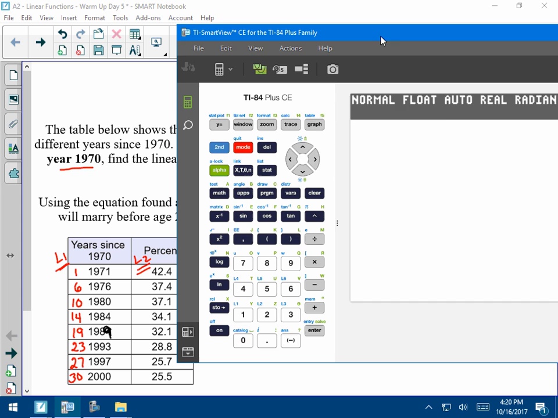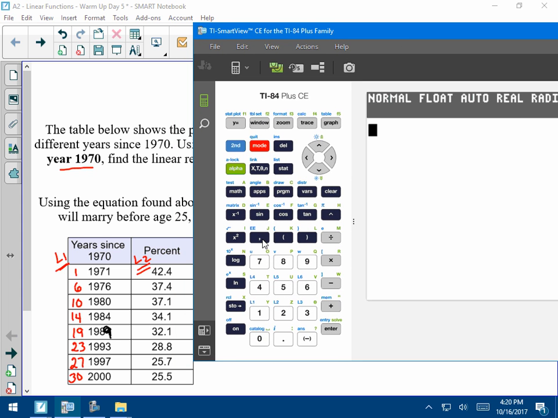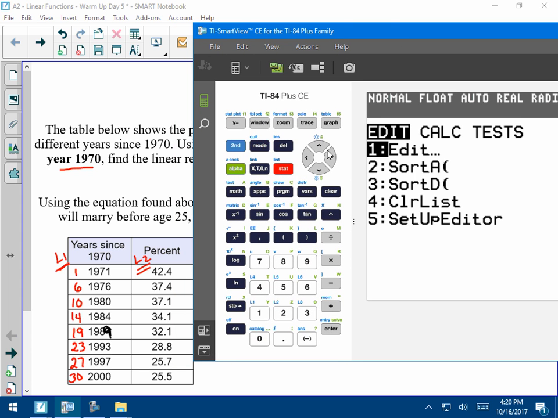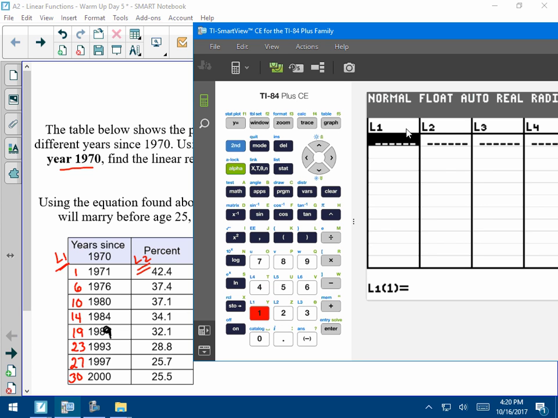Okay, so go to your calculator. Remember how to do this. How do I get to the L's? I go to Stat, Edit, and if you want to clear out if there's any numbers in here already, remember the way we clear them out is by going up here, hitting Clear and Enter, not Delete. So put in all these numbers, so 1, 6, 10, 14, 19, 23, 27, and 30. And then in L2, put your corresponding percents, so 42.4, and 37.4,